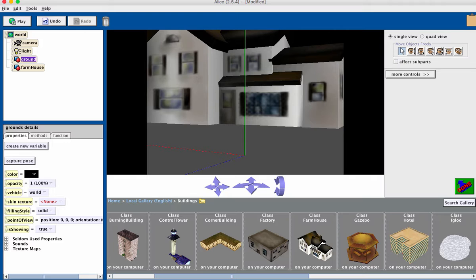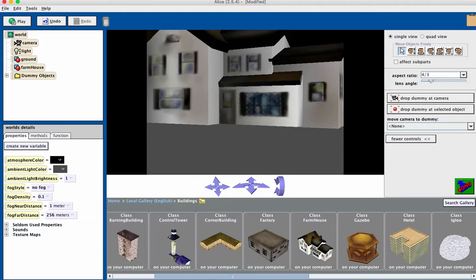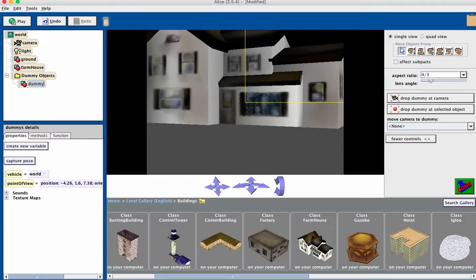Change the ground maybe. So what I want to do now is just set up two dummy cameras. The dummy cameras are for us to go back and forth from the different views. So under more controls here where the cursor is, you click on that and you've got dummy cameras. Drop dummy at camera will make a recording of where the camera's location is now. So if I call this outside,